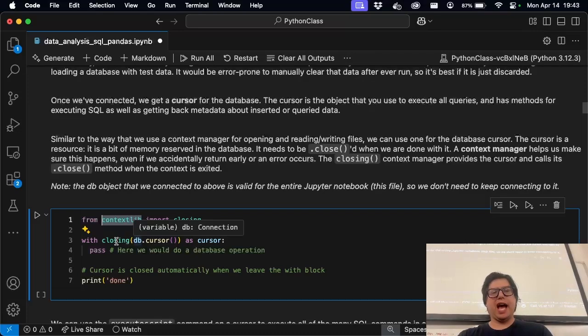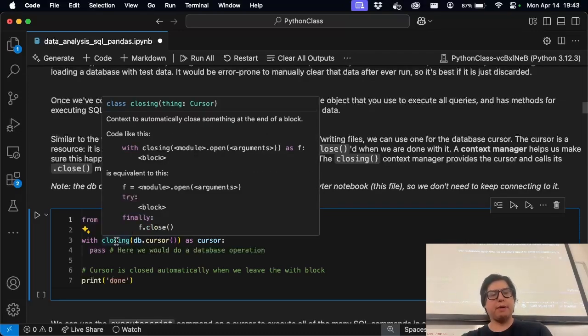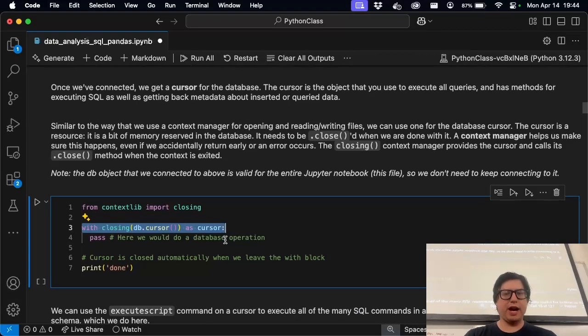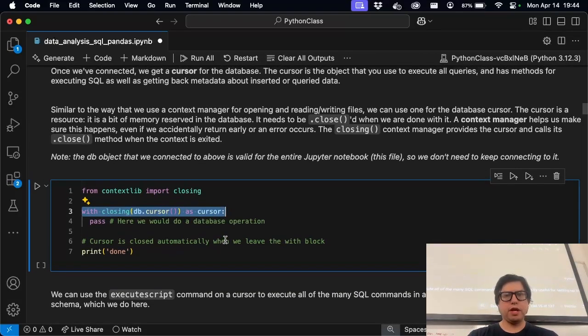So I will say, I still haven't done a lesson on context managers, and I will say maybe just like file opening and closing, reading files, you might just use this as magic code for a little while and not worry too much about what's going on with it. But the point is that even if we accidentally return early or there's an exception, the cursor still gets closed, which is important because